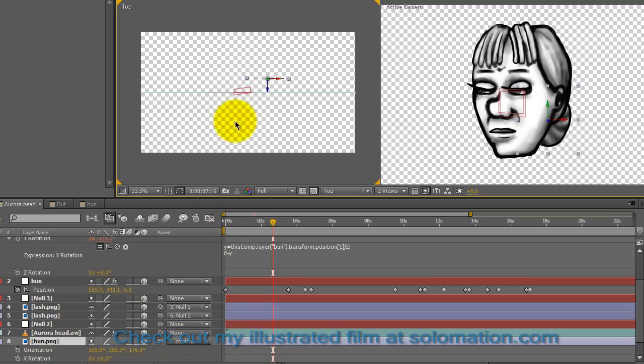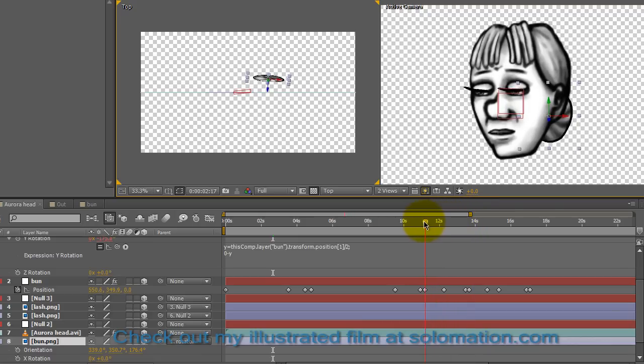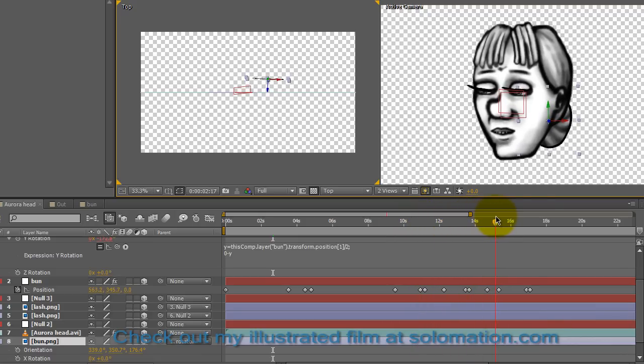So the rotator null object will rotate around and the bun will follow it in 3D, so it'll simulate 3D. And as you can see here, now what I've got is, as her head turns, you can see the bun in the background behind the head moving, but not just moving along with the head. In the true spirit of 3D,